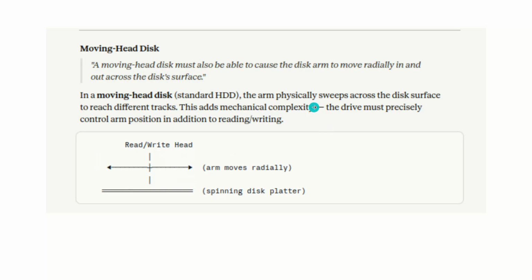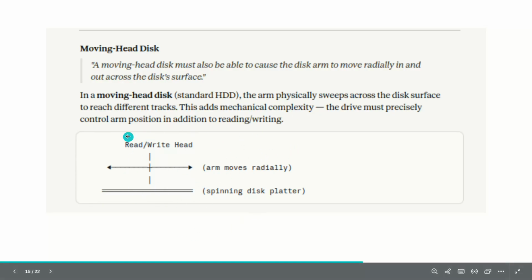So here the arm physically is sweeping across this disk surface to reach the different tracks. So what happens is that there is a mechanical complexity. Why we are saying that there is a mechanical complexity is because the drive has to now control the arm position in addition to reading or writing, right? So a moving head disk